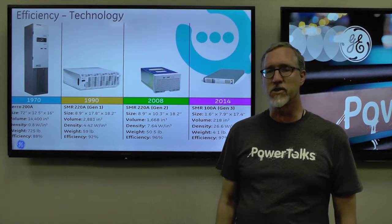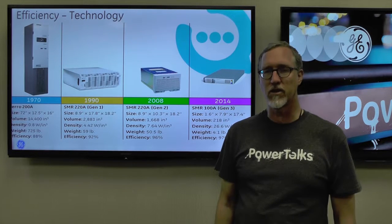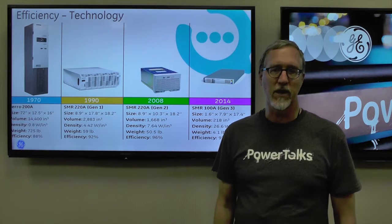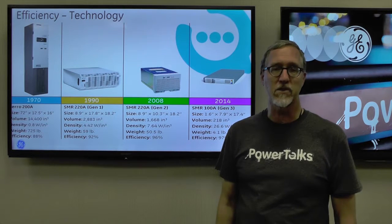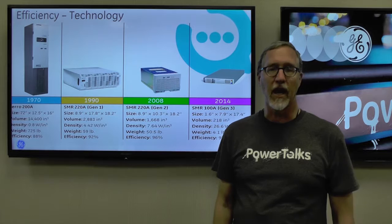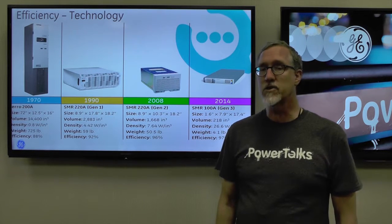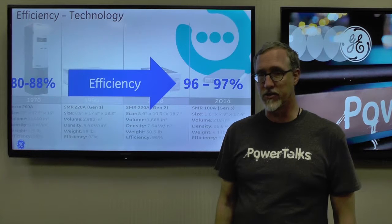When we look at changes in power conversion technology over the last 40 to 50 years, we can see that the changes are dramatic. Size reduction, volume reduction, density improvements, weight reduction, and efficiency improvements. Focusing on the efficiency changes,